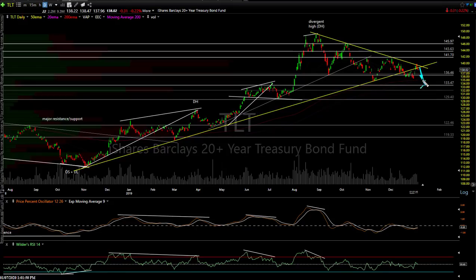This would most likely coincide with a rally in the stock market, additional upside, because Treasury bond prices move inversely or opposite to interest rates. So if you saw TLT drop like this, it would mean rates are going up, and rates would most likely go up if the stock market rallies, and vice versa. So there it is. Like I said, I don't have a strong opinion.